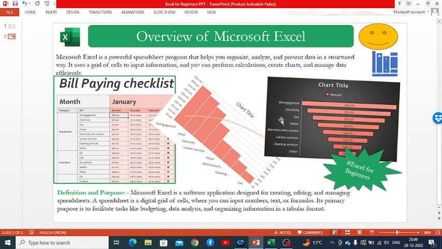Like these are all the charts we can create in Excel. We can create these kinds of checklists for our day to day activities or tasks. So if we talk about the definition and purpose of Excel, Microsoft Excel is a software application